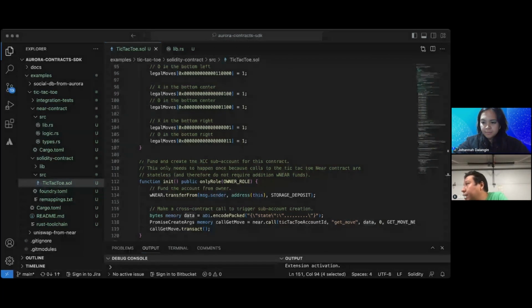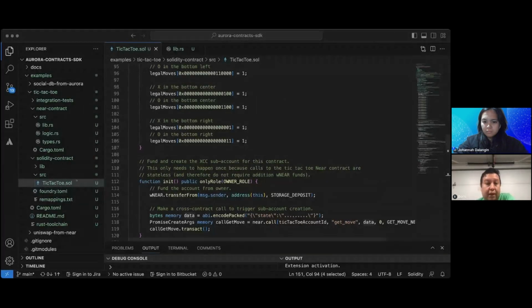Let me give you the command to install the npm package, or you can also find it on the npm page. But if you want to install the contracts for the Solidity part, there is no crates.io entry. So if you want to install the crate from Rust, you have to do it from the repo.